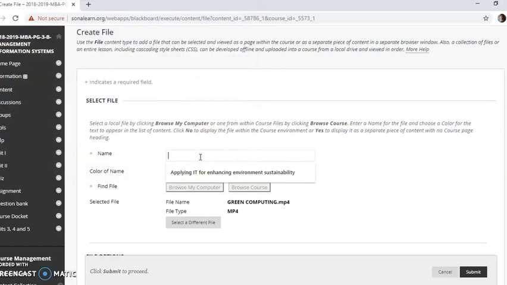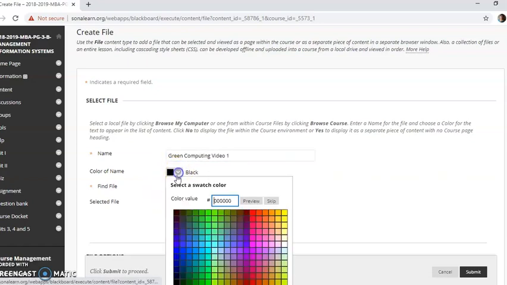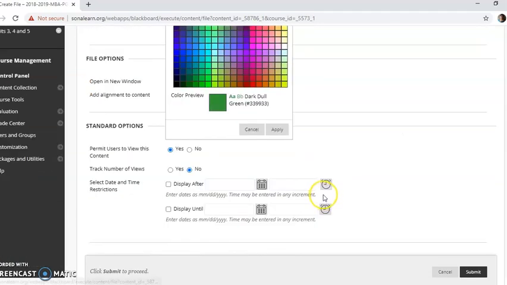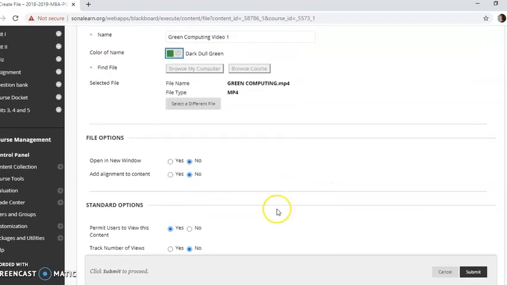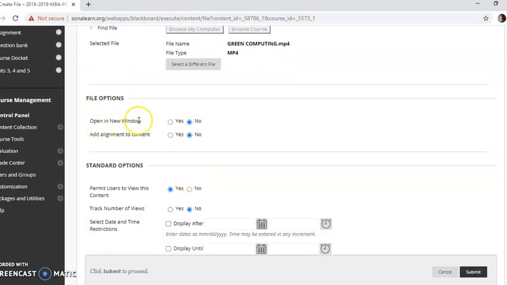So now I am giving a file name for that uploaded video. The video will be under this name, Green Computing Video 1. And the color I am choosing is green color, and I am making it a new window.